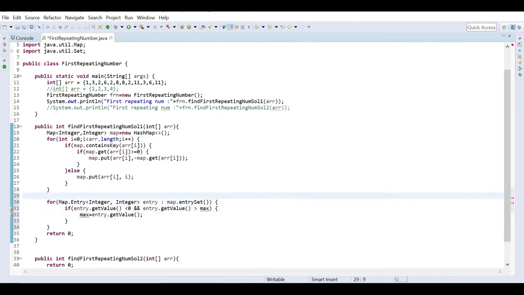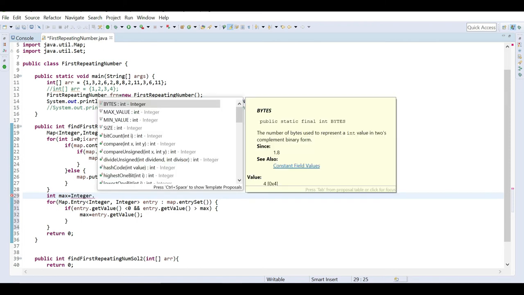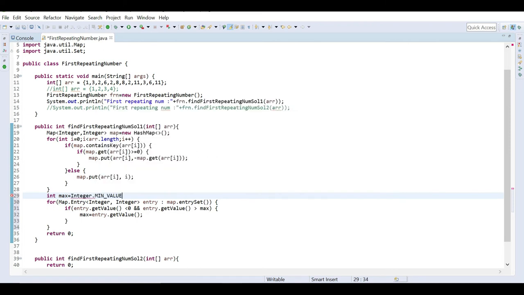Here we have not defined max, so we can define an integer max, and the initial value we can take as the minimum value of integer.